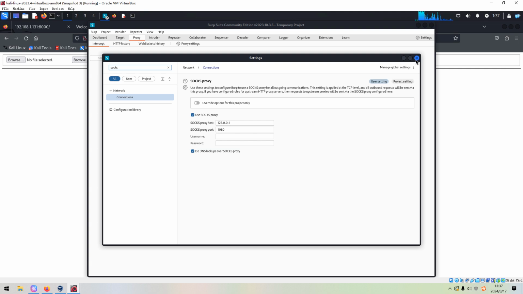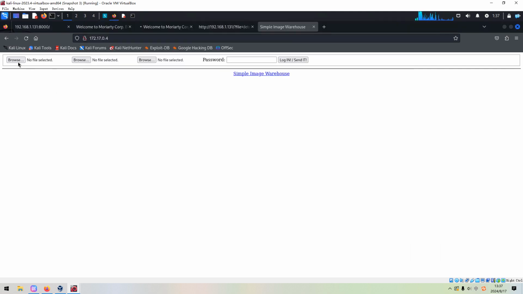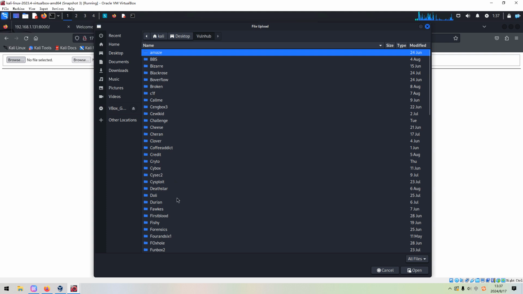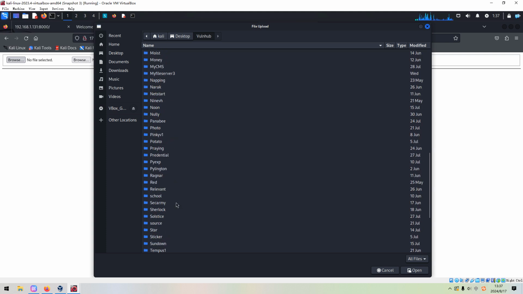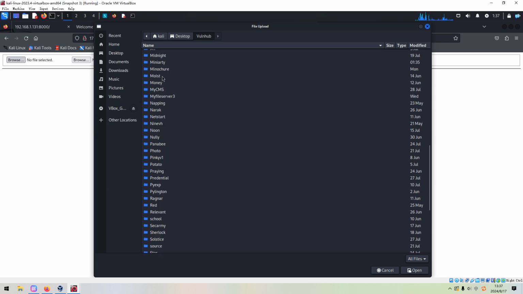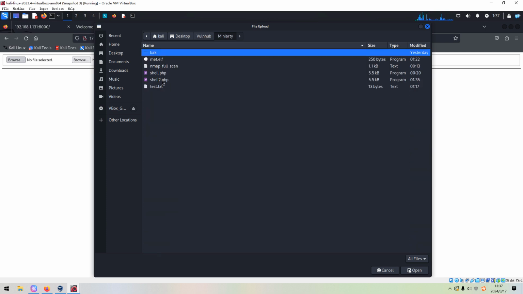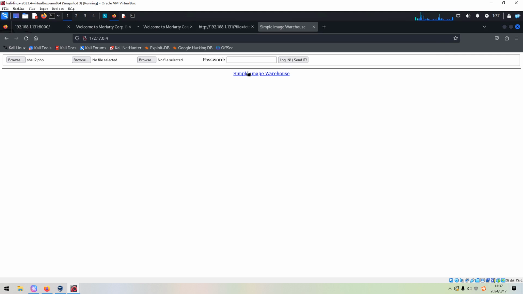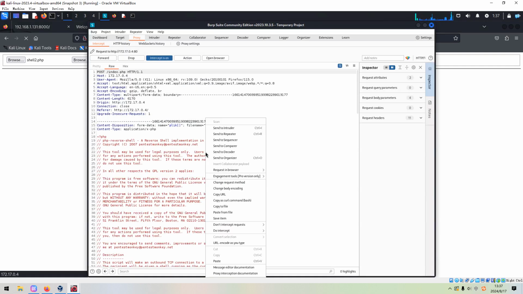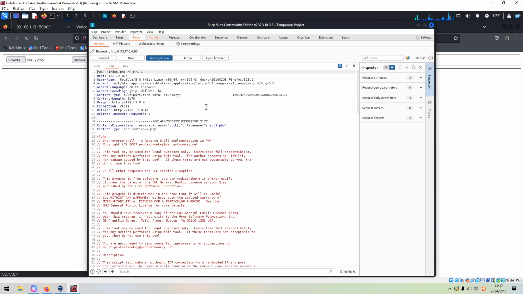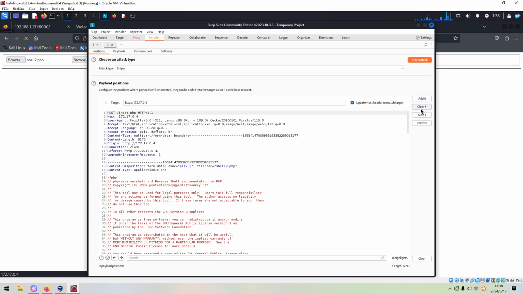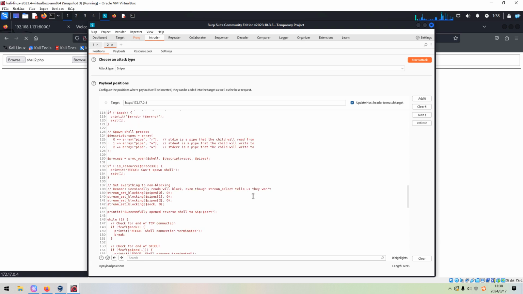And we can close this tab, and we can browse to our working directory. Select the second one, enter a password like admin, log in, and we can send the request to the Intruder module, and we can clear all existing fields and scroll down to the bottom.